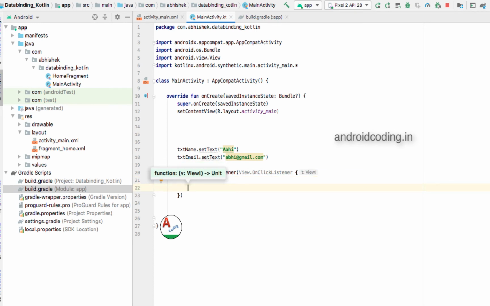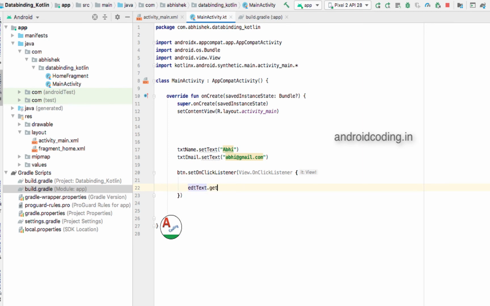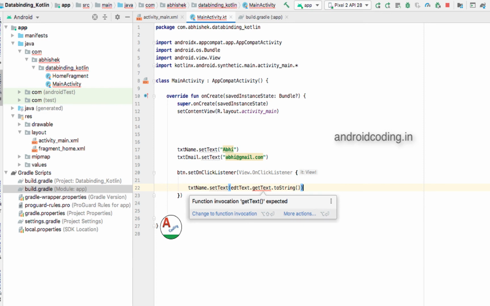So yes, here we will be fetching our edit text dot to string. So what we will be doing is we'll try to set the data from edit text directly.